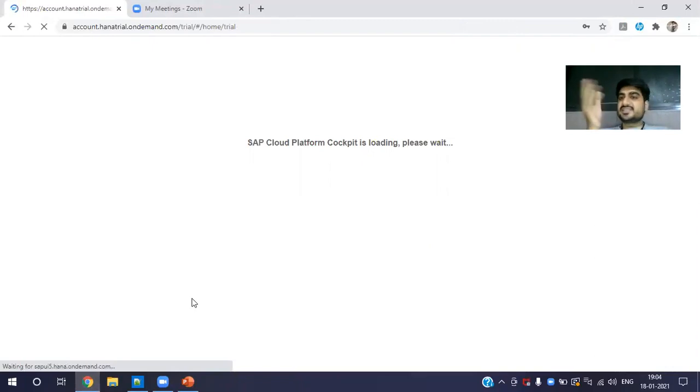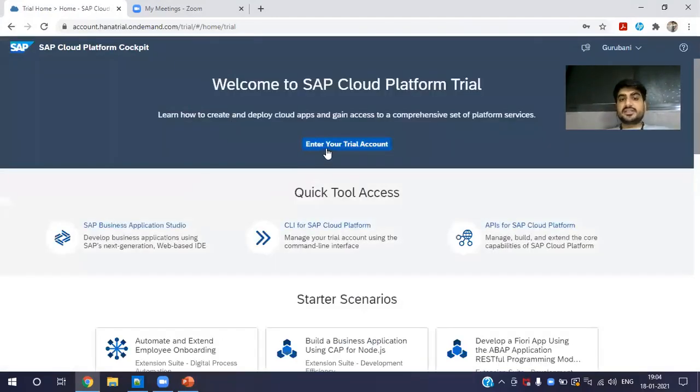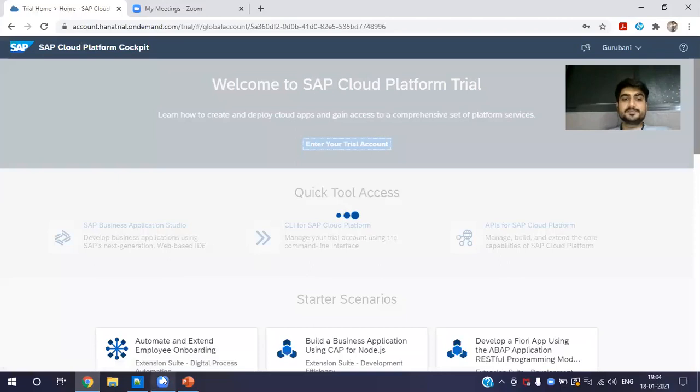Mainly we need to understand where we need to start our coding from. These are just the initial steps, and they take a lot of effort. When I was creating my latest account a few days back, it took a lot of effort to take snapshots of each and every step. So try to follow and create your own account. It's a very easy guide now for all of us. So yeah, SAP Cloud Platform Cockpit, and the next step is to enter your trial account.